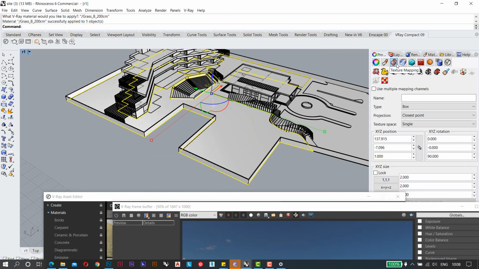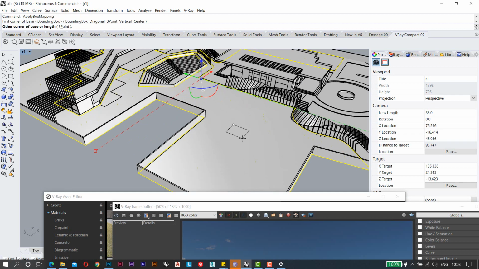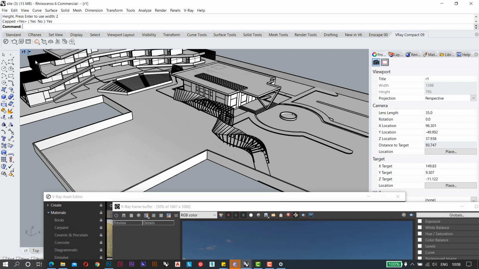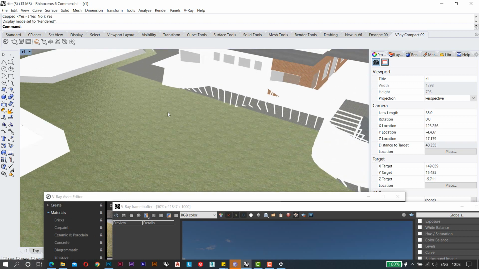Then you go to texture mapping and click on the box mapping option. After that you are supposed to make a box of 2 meters by 2 meters by 2 meters. Click on the yes button, and it will apply the grass material to this part.